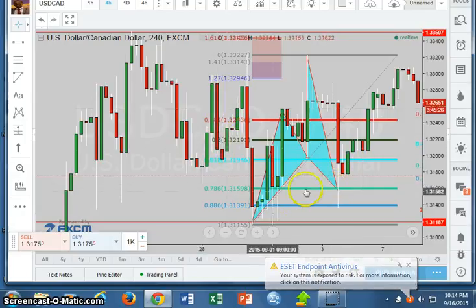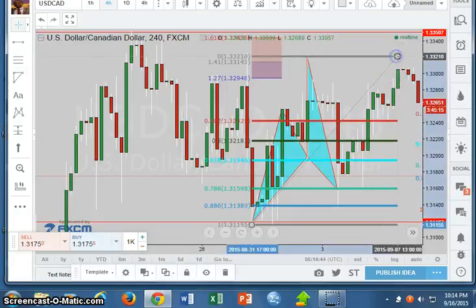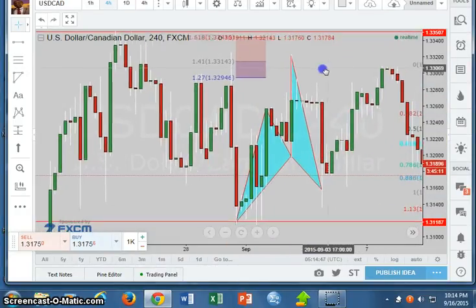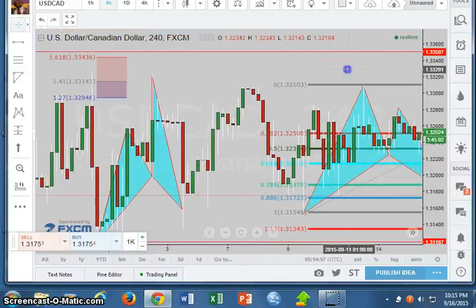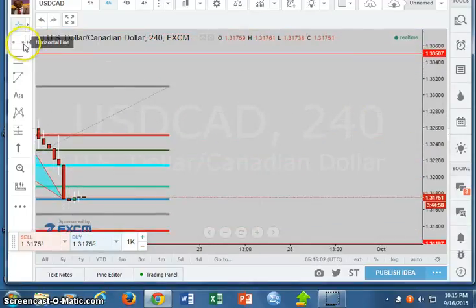So the 0.786 was a ratio to look out for in the Cipher, because that is the turning point or the potential reversal zone. What happened was price action continued to the upside. So it gives you a measuring tool to identify patterns. Basically this shows you how to use these tools when the market is in consolidation, as well as if you are an ABCD pattern type trader, where an ABCD is this,